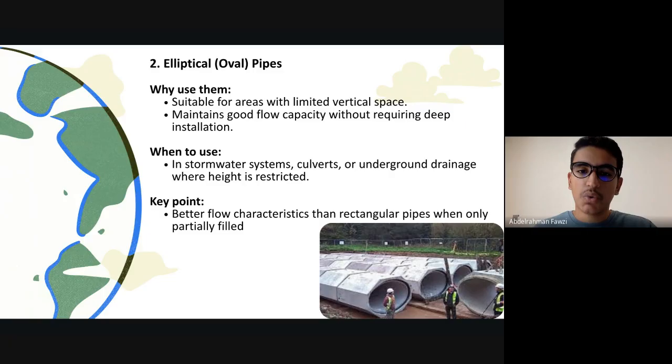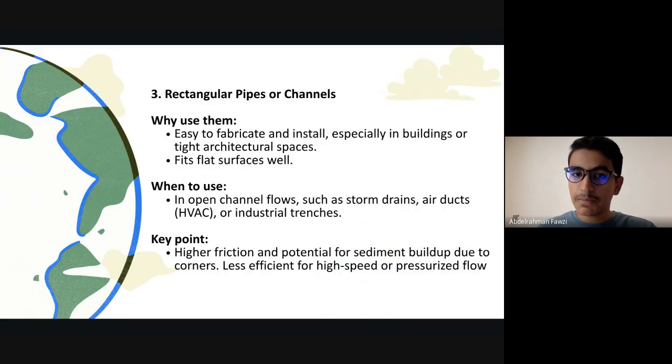So usually you can use them in stormwater systems, if you have basins and so on, when the height or the area is restricted. They also have the very nice characteristic that they can handle pressure, because in rectangular pipes we understand that they cannot handle pressurized fluids. Rectangle pipes are usually used for the heating and the air conditioning systems.